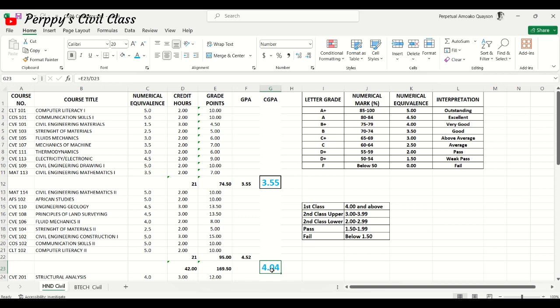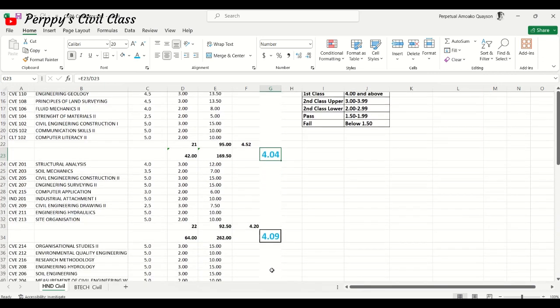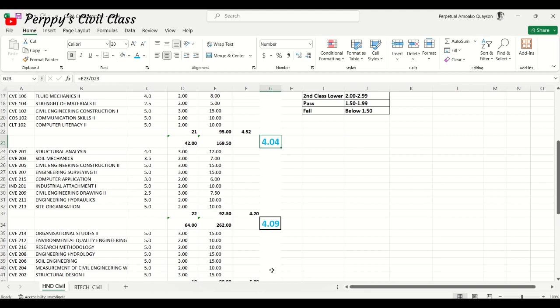Now you've moved back to first semester. Are you going to maintain the first semester, or you are going to be joking? If you joke at where you are now, you moved from second class upper to first class, but you became reluctant, you were not learning, moving around. Now, first year you were doing strength of materials. Now second year you are going to do structural analysis, but because you are not performing well, maybe